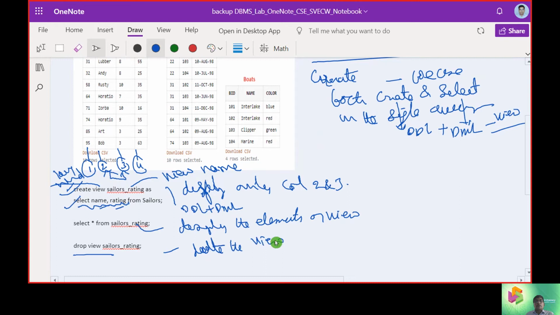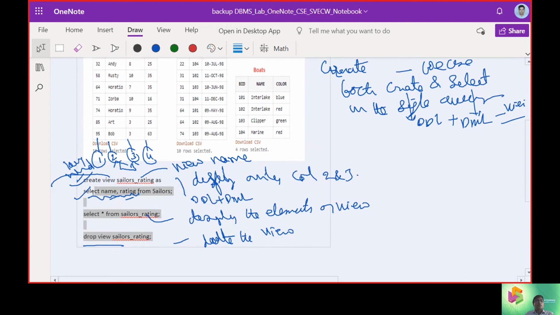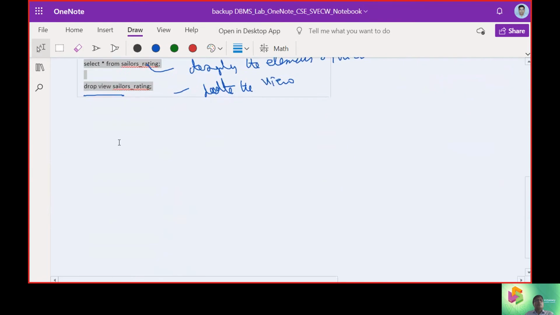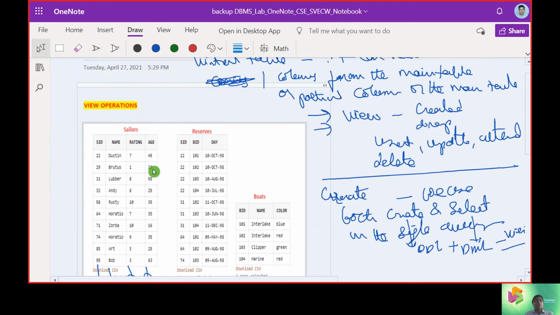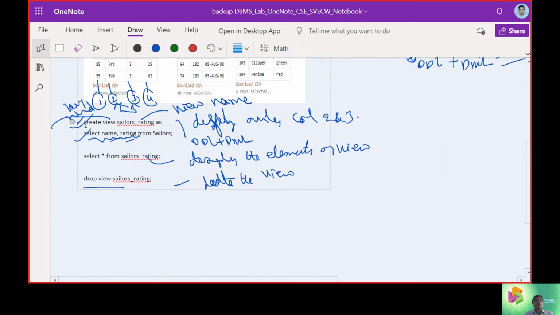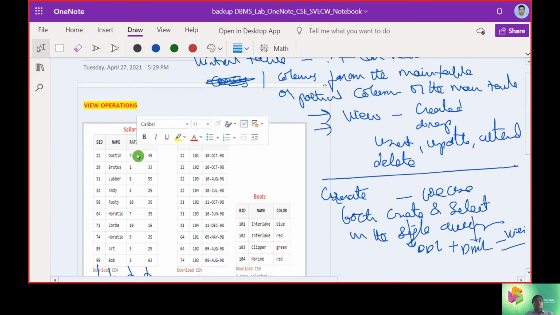These are some of the basic foundation things which can happen over the view operations on a table. So what we can take up was we are going to use these 3 commands.